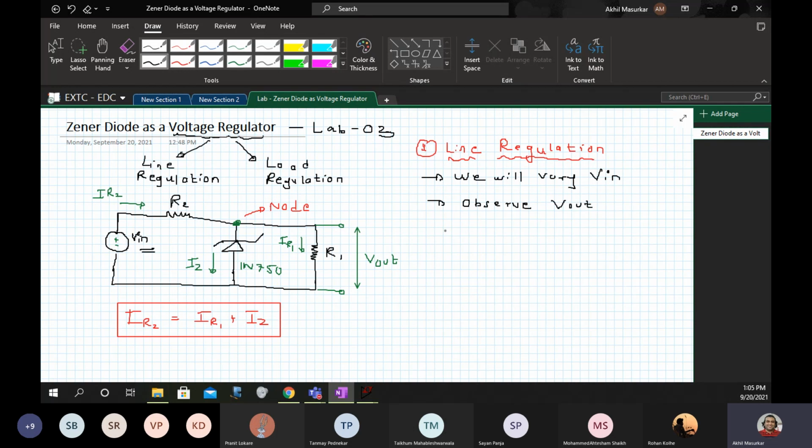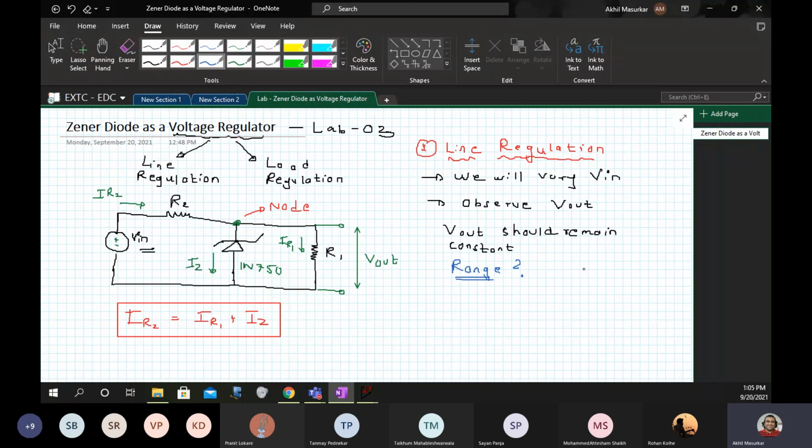What we are expecting is that Vout should remain constant. But whenever you say it should remain constant, practically there is always going to be some range, and this range we should know.